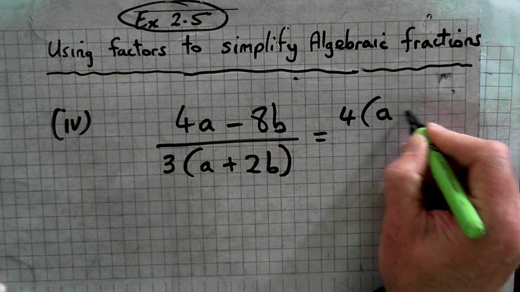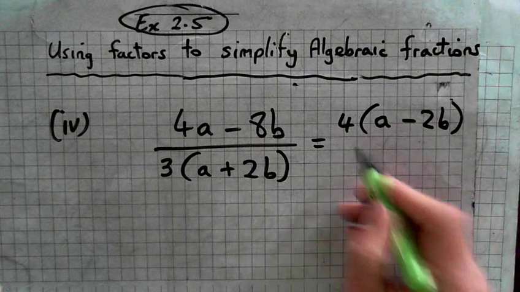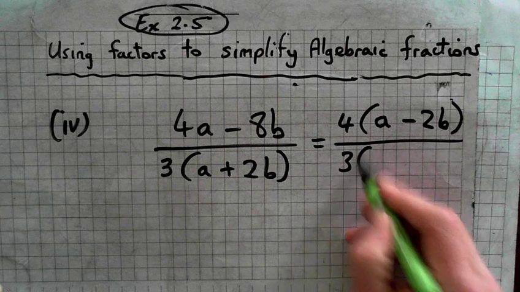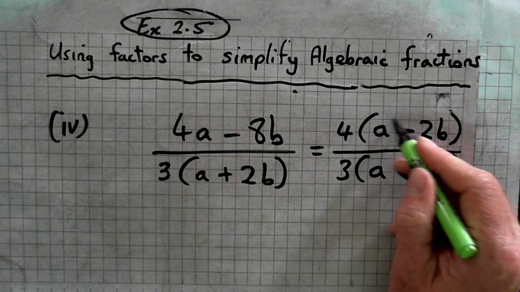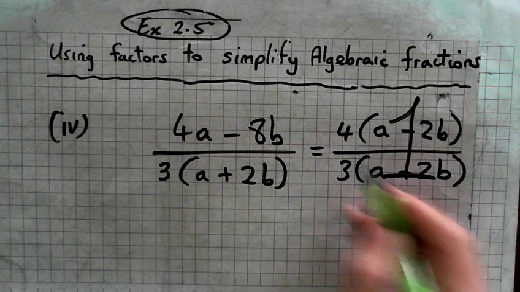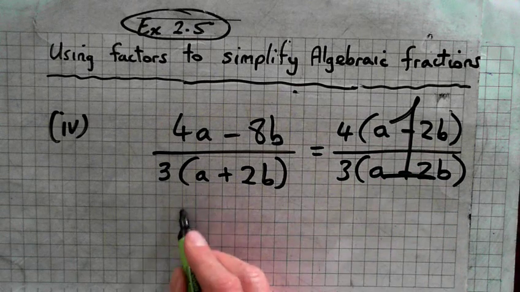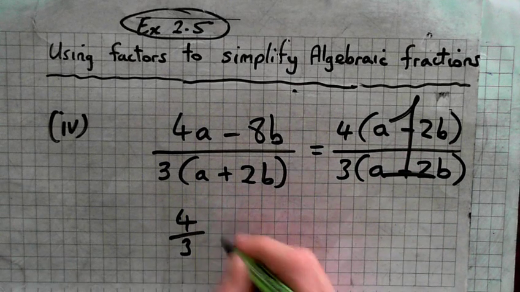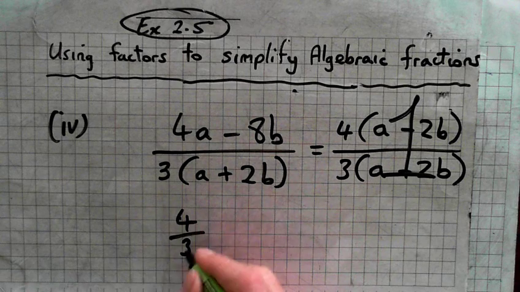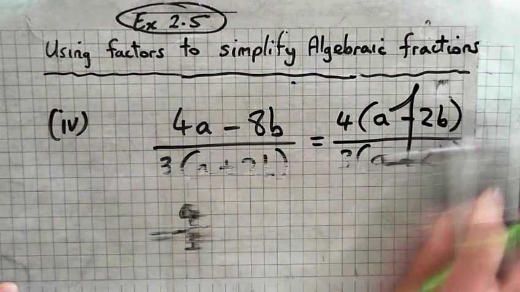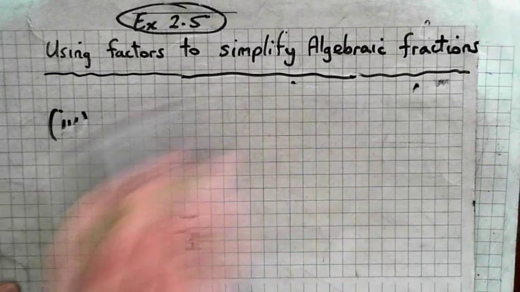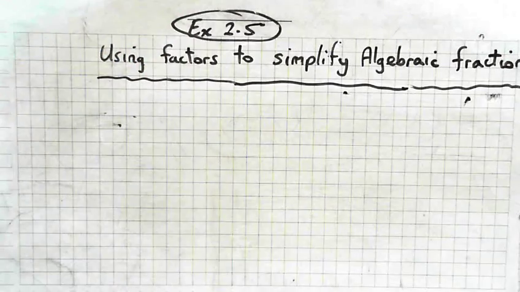4 bracket a minus 2b over 3 bracket a minus 2b. So that becomes 1, doesn't it? And what's left? 4 over 3 times 1 is still 4 over 3. Okay? Yeah. Right, I'm just going to stop that video and